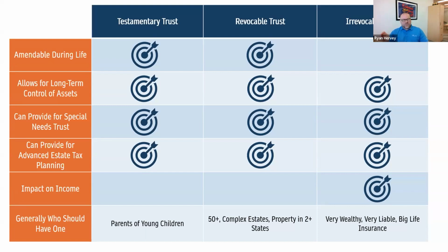There are some exceptions. Again, I told you there's a bunch of different irrevocable trusts that have this very limited scope designed to do very specific things. But even in doing so, because that asset's out of my control, it's no longer mine, it's going to an independent entity, it's going to cause some tax differences on my annual income tax returns. So sometimes that means the income's gone, you don't have to worry about it anymore. Or if it's coming back, then it may be treated differently than if you just made it and reported it, because it's coming through this trust entity that stands alone from you.